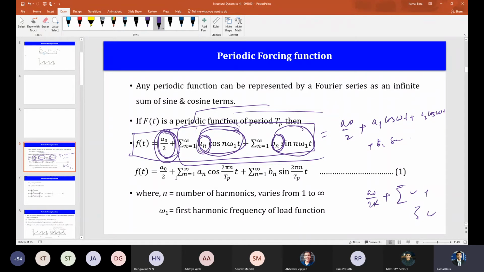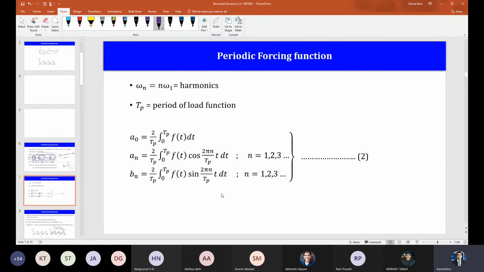And if you multiply it by sine n omega t and integrate from 0 to 2 pi by omega, then you will find out bn. Some other terms will vanish, and the corresponding terms of bn will remain. And when you calculate an, that means you multiply equation 1 by cosine n omega t, then the other terms will vanish, and you get only the term related to an. So in this way you can find out an and bn. Correct? You can check that yourself. It's very simple. The others will vanish.